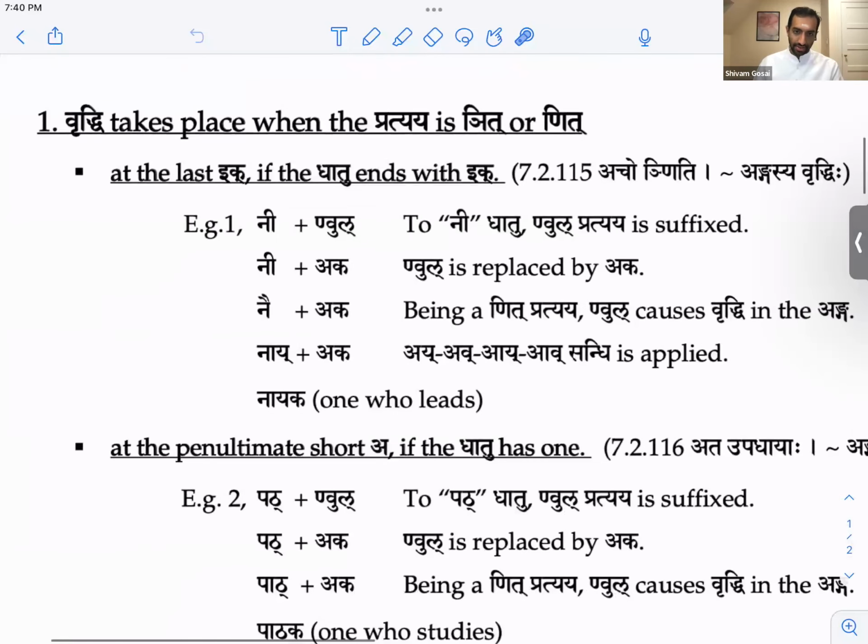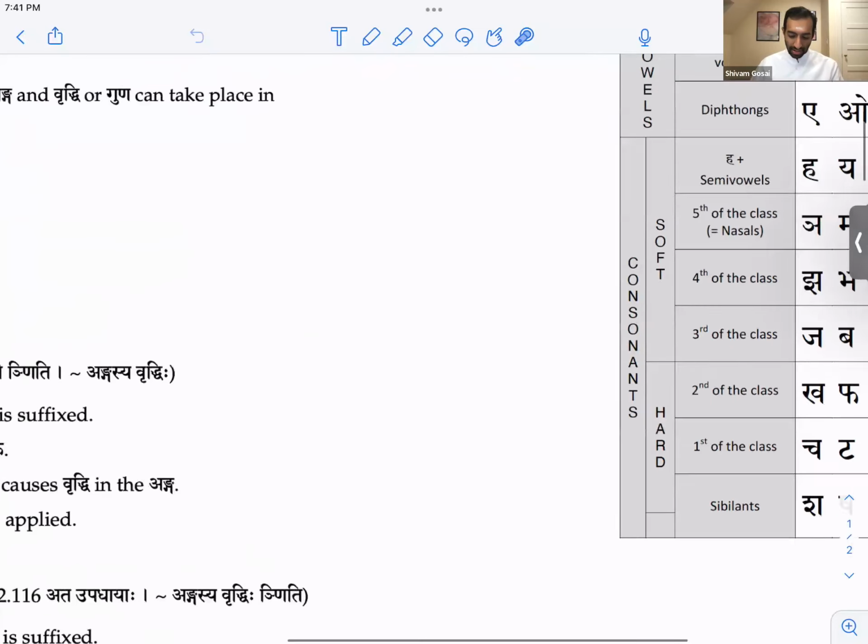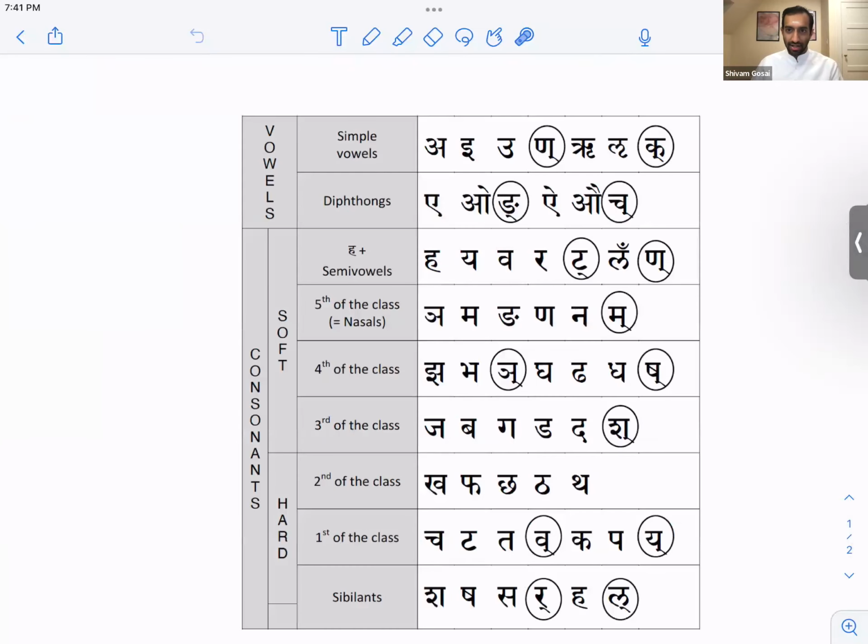So let's look at this again. Where does vriddhi take place? Okay, vriddhi takes place at the last ik if the dhatu ends with ik. Now this is where you need to know your Maheshvara Sutra. A, I, U, Ṇ, Ṛ, Ḷ, K. So ik is any of the simple vowels other than akara.